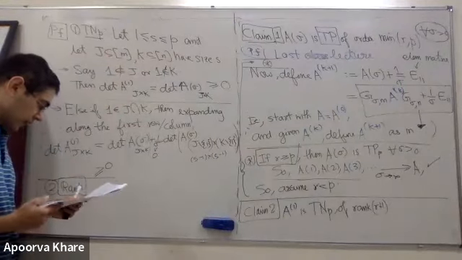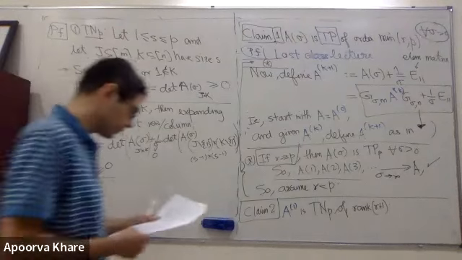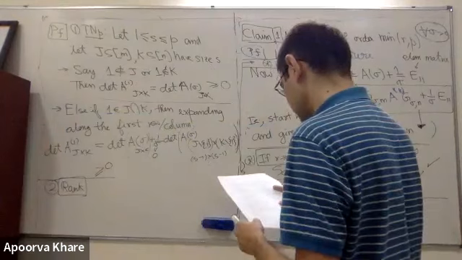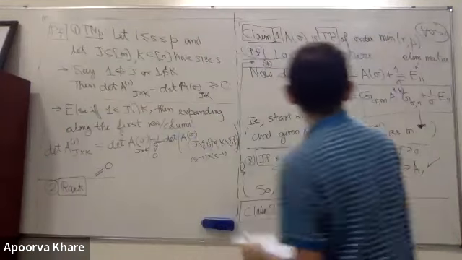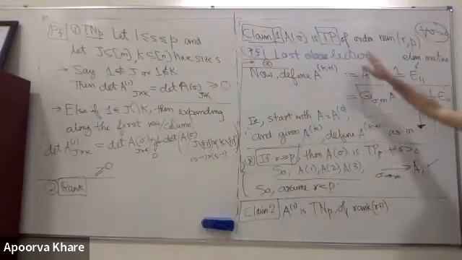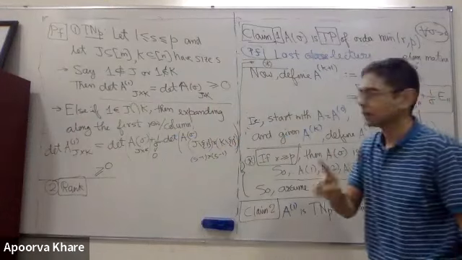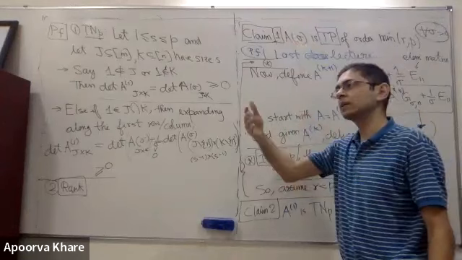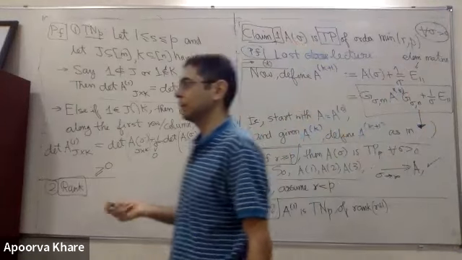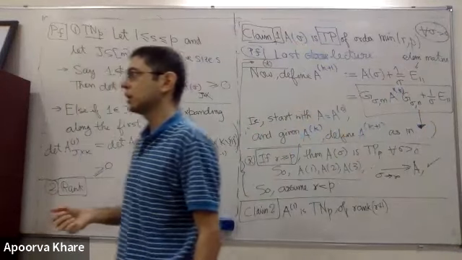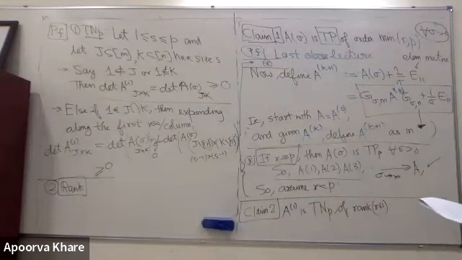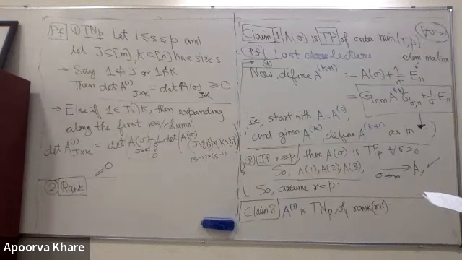Right. And as far as the rank, okay. So first of all, let's check the rank. So what was the rank of A? The rank of A was R. The rank of A sigma was R. Okay, that means all R plus 1 cross R plus 1 minors are 0. Right? Yes. And then all R plus